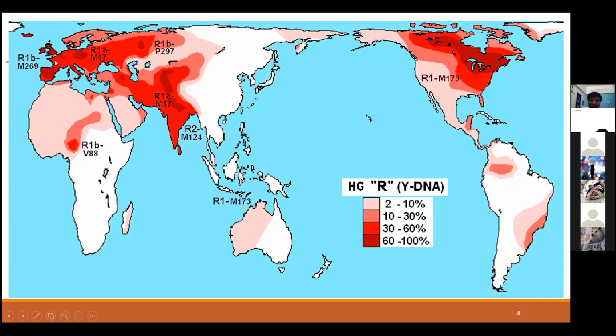Now, if you can see my cursor, the way the Indo-European group of languages spread from India to Russia and to Europe, the spread of the DNA is also very similar to the way language has spread, which shows that there is a similarity between the speakers of the Indo-European languages and even the DNA and the genetic makeup.